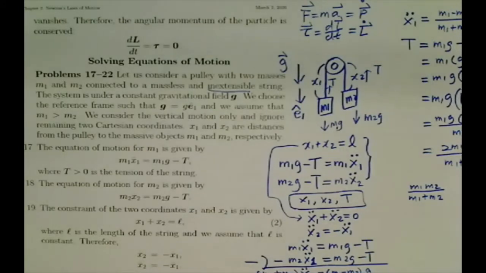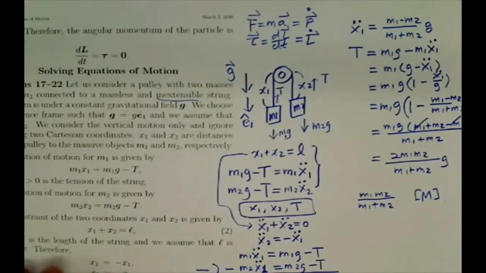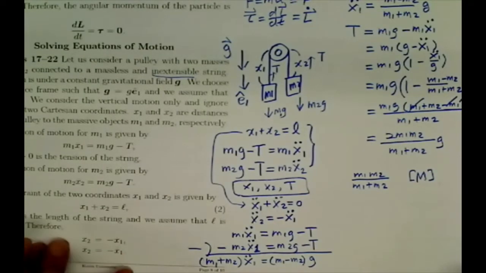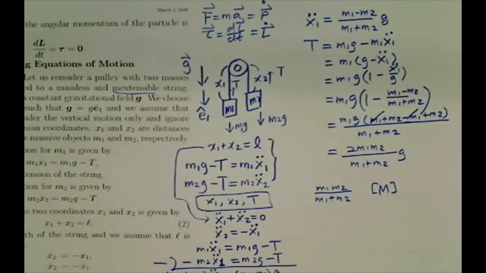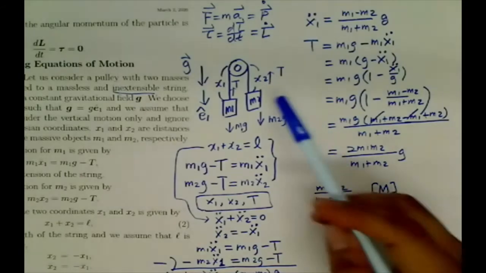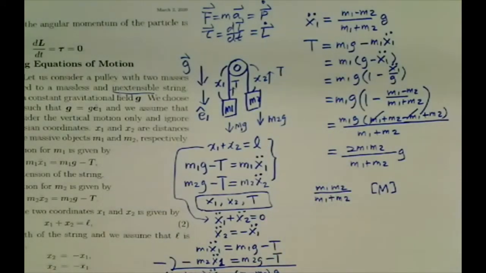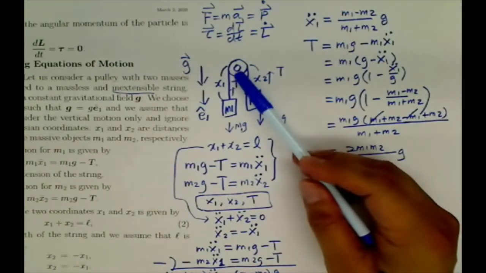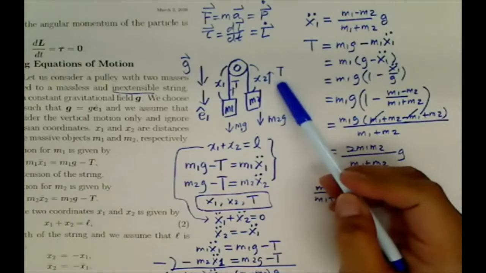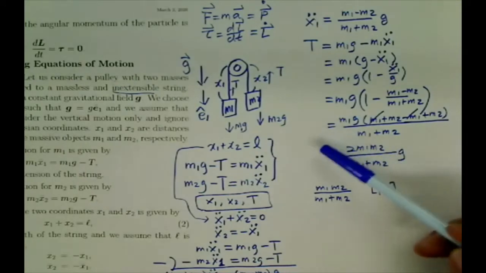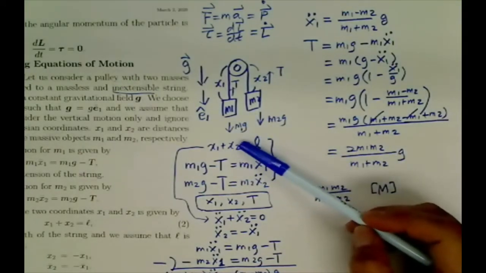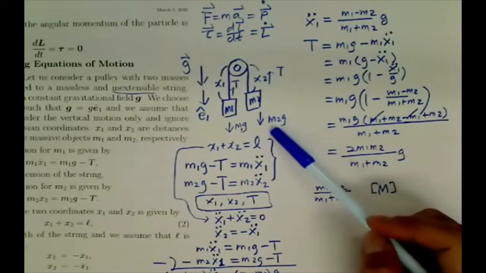Next, we consider Atwood's machine. As you can see in this figure, let me just skip reading the problem. Let us solve this one directly. We have a constrained two-body system, mass 1 and mass 2, m1 and m2. And the distance from the pulley is defined by x1 and x2 respectively. They are under a constant gravitational field, and so the left one has m1g as a weight, the right one has m2g